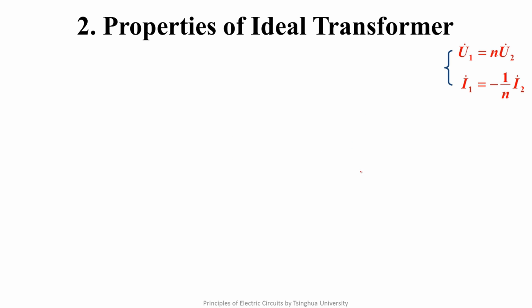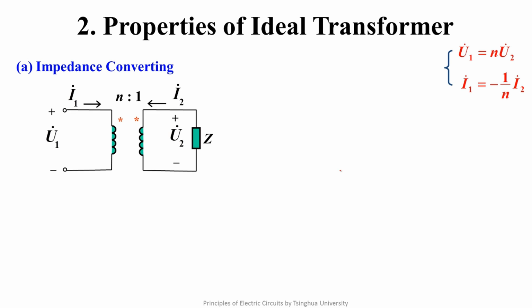Now we discuss the properties of the ideal transformer. First of all, the ideal transformer can realize impedance matching. We connect an impedance Z to the secondary side of the ideal transformer. Then what is the equivalent impedance seen from the primary side? This circuit is not difficult to analyze. We only need to list equations. For the ideal transformer, we have